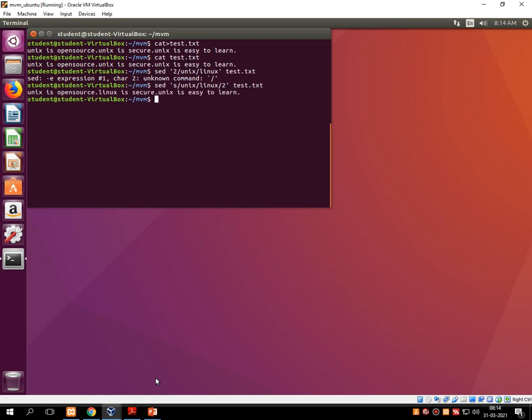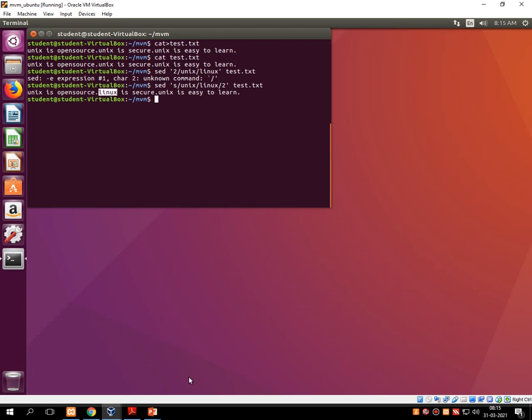Fine, let's execute again. Unix is open source, Linux is secure, Unix is easy to learn. So in this second line the Unix keyword is replaced by Linux. You can see over here, Unix is open source, Unix is secure. So this Unix of secure is replaced with Linux.